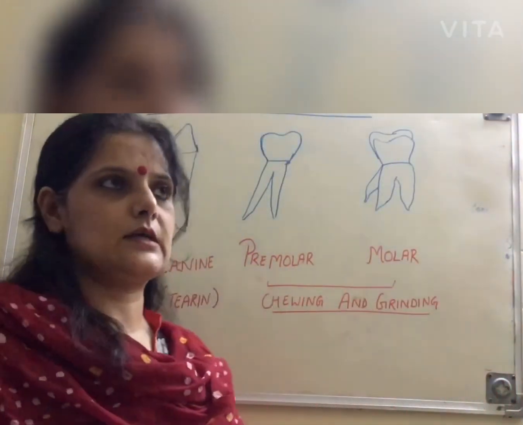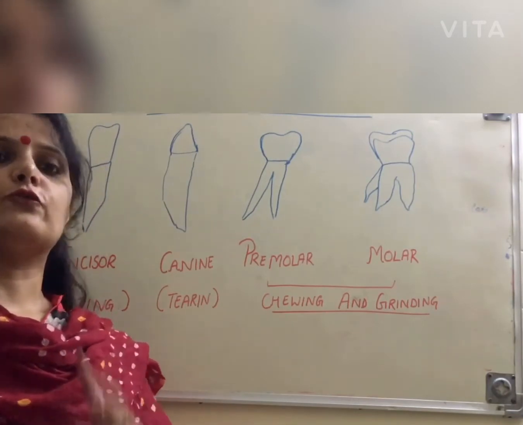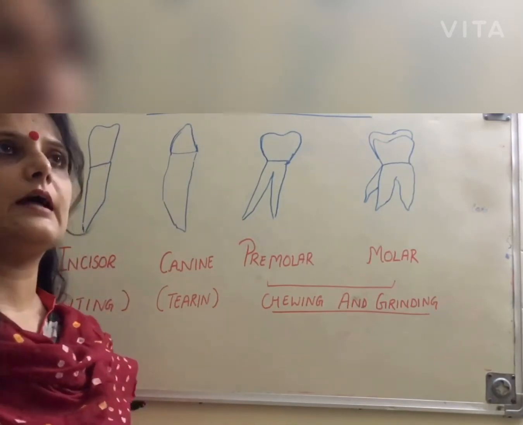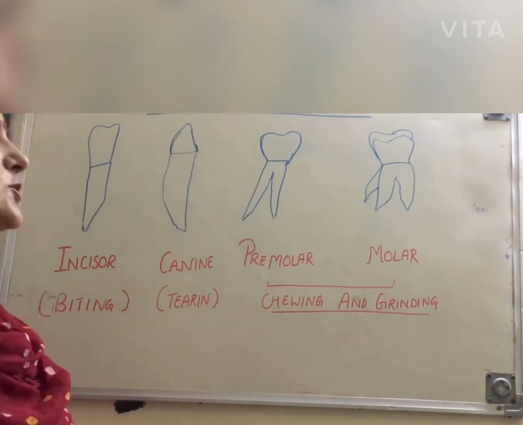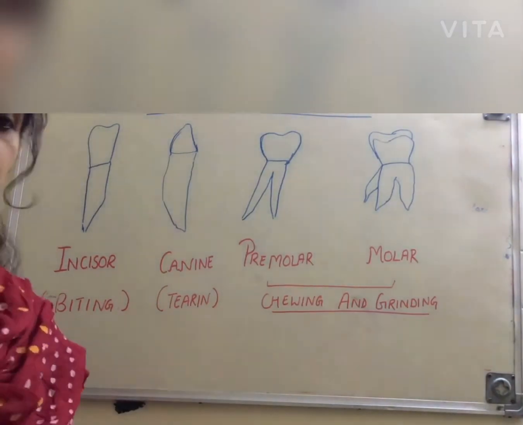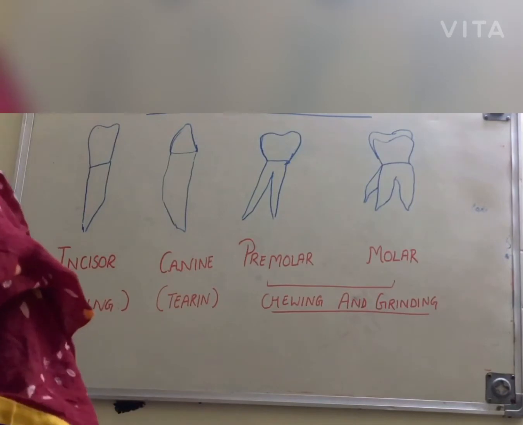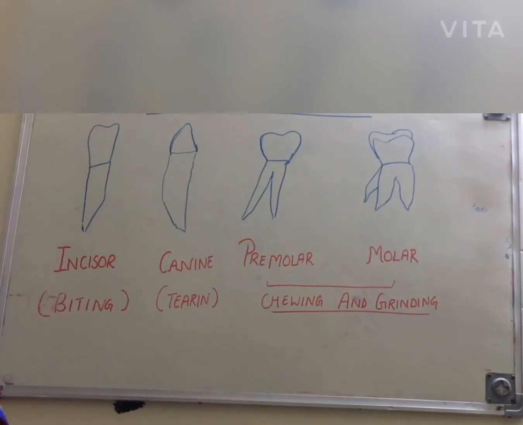As we have discussed earlier, the human digestive system mainly consists of two parts: the alimentary canal and digestive glands. So first we'll take the alimentary canal. When we talk about the alimentary canal, we all know that it is a 9-meter long tube. It starts from the mouth. The mouth is the first part of the alimentary canal, or you can say the opening of the alimentary canal is the mouth, and the buccal cavity.